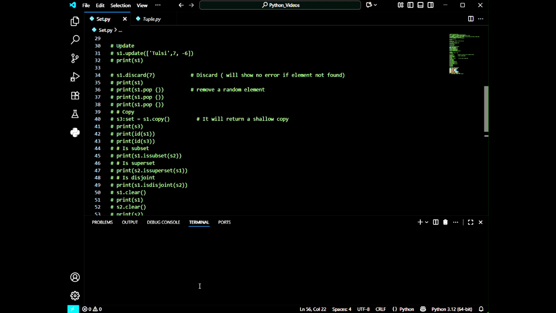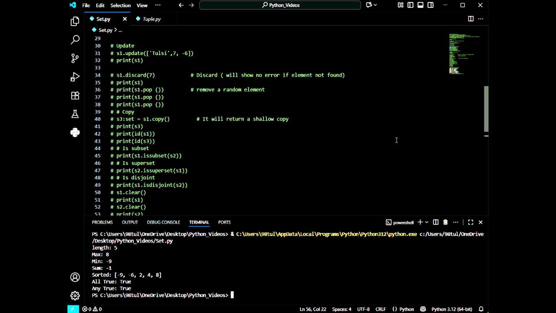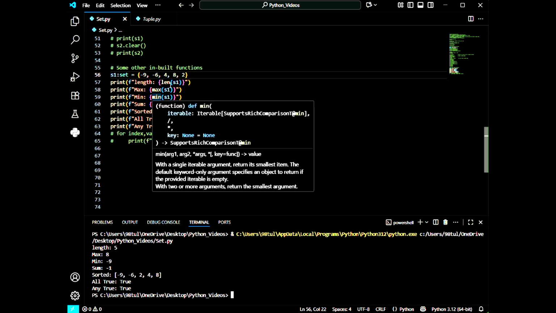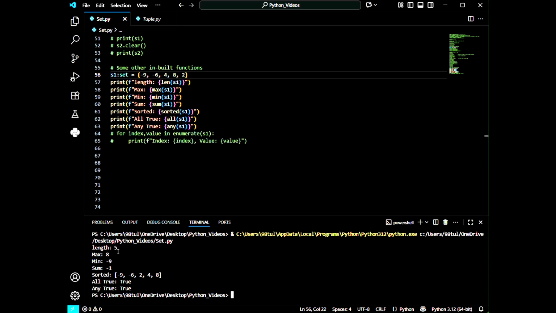Okay, let me run. So here I have executed the program, and we can see that when I use the length function, it is giving me the output as 5 because the number of elements is 5, and the maximum is 8. We can see the minimum is -9 and the sum is -1. When we add these numbers, it will give us -1. When I use the sorted function, then it is giving me